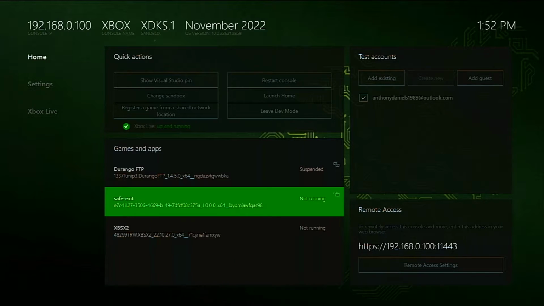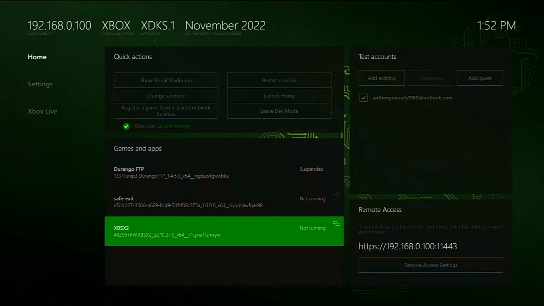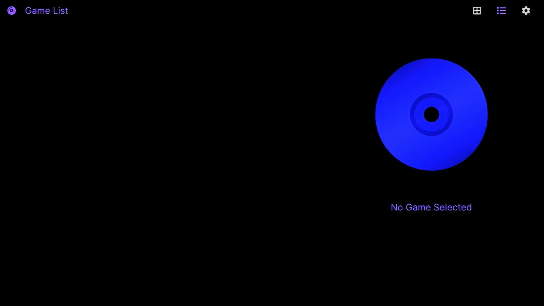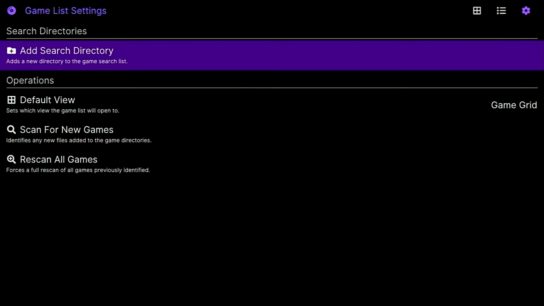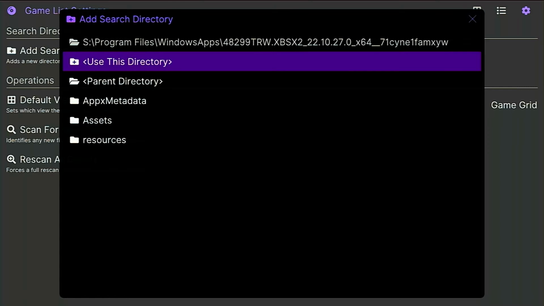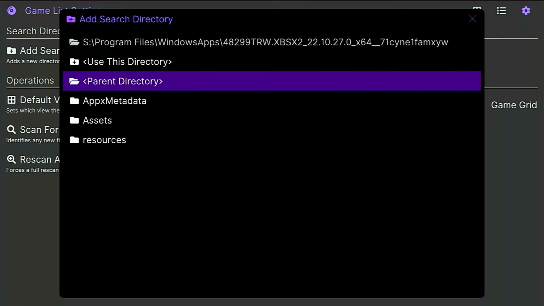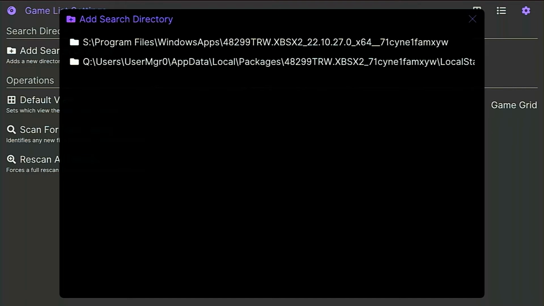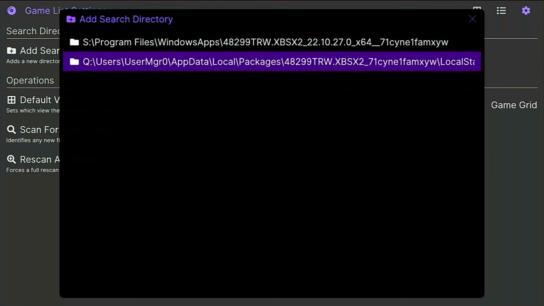Okay, so once that's done, we close Durango FTP, and then we launch XBSX2. And we go to Games List, use the RB buttons. We click Add Search Directory to get to this settings cog. Click Add Search Directory, and then we're going to want to go Parent Directory, Parent Directory, Parent Directory, Parent Directory, until we get to this bit here, which shows you, usually my hard drive will be here, but it's currently